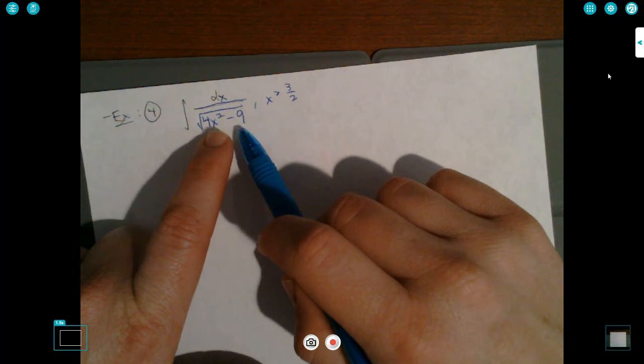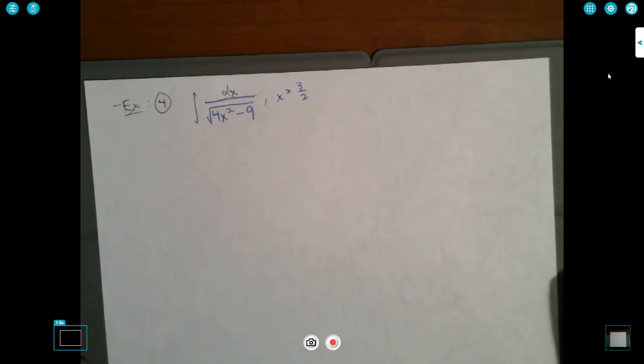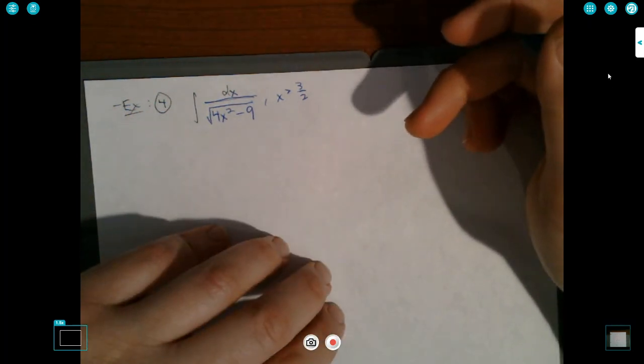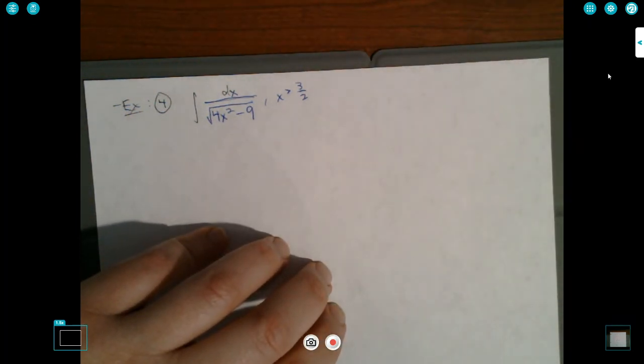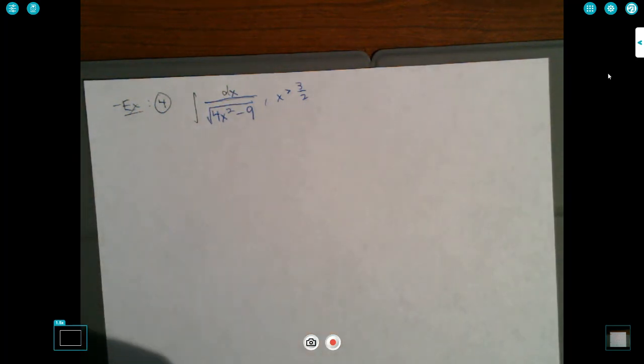Because you can't take the square root of a negative radicand, or you can, but it's just not a real number. And this is a course in calculus, so we're dealing with the reals. To see how calculus works with complex numbers, you have to take a course called complex analysis. Anyway,